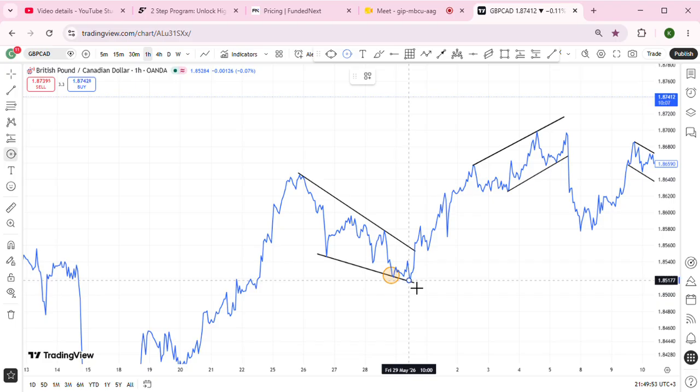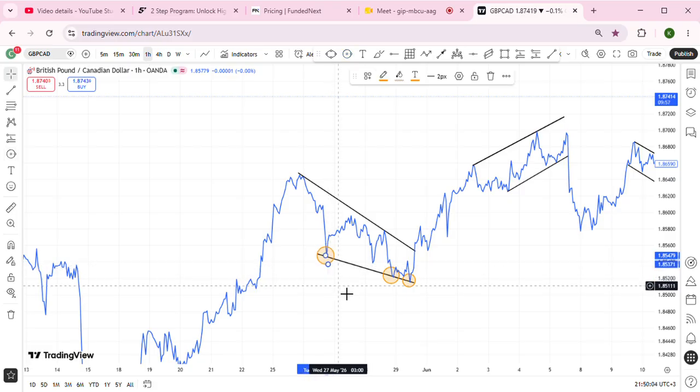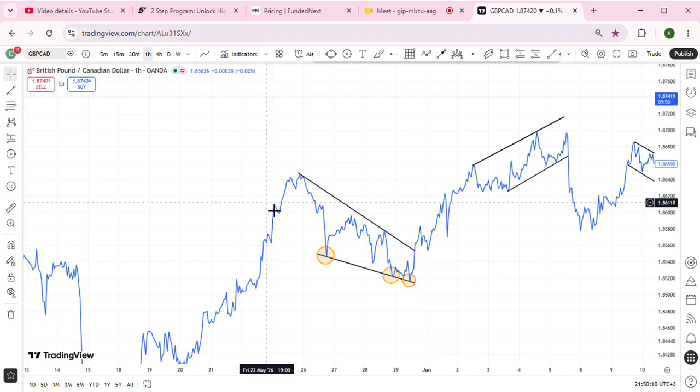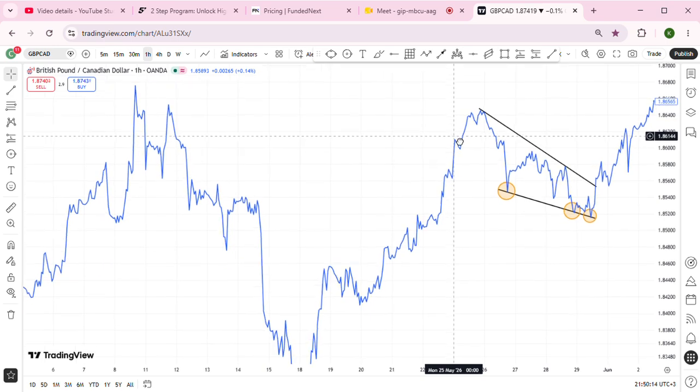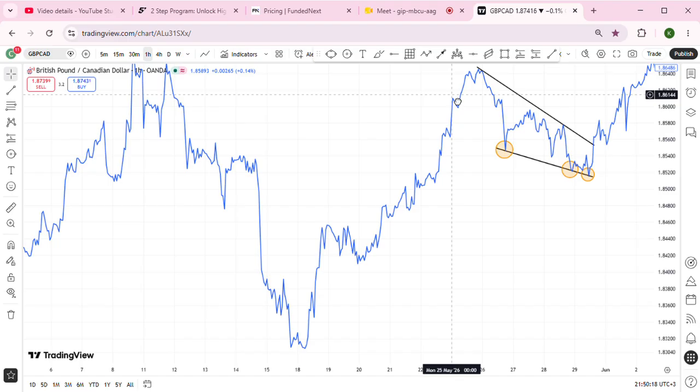We have this one. So those are 2. And we have the other one. There are 3. So it's upon you to decide which one you will be using. You just keep on scrolling your chart towards the right hand side, so that you can see what prices were doing